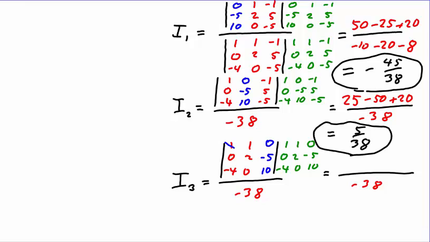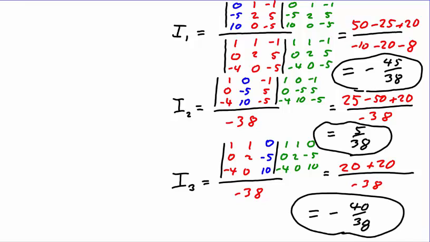The first positive diagonal gives us a plus 20. The second positive diagonal also gives us a plus 20. The third positive diagonal has a 0 and cancels. The first negative diagonal has a 0 and cancels. The second negative diagonal has a 0 and cancels, and the third negative diagonal has a 0 and cancels, meaning that we have now calculated the entire result for the current I3, and the current I3 is equal to negative 40 over 38. As predicted, at least one, and in fact 2 of these currents turned out to be negative,